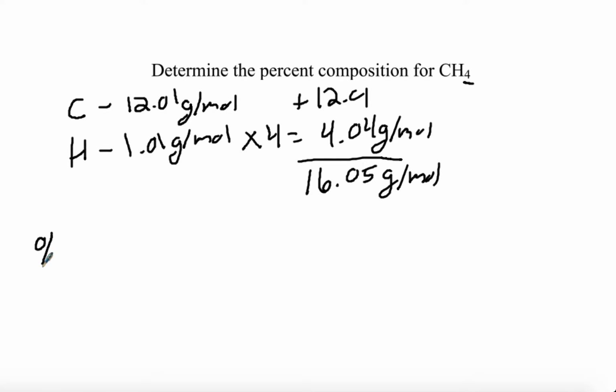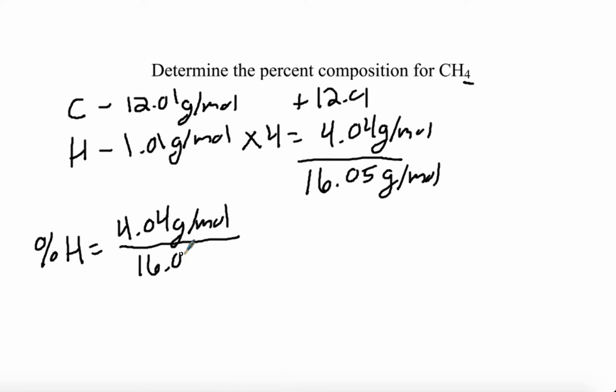So if I'm going to determine the percent composition of hydrogen, this is going to equal the mass of hydrogen over the total mass. Hydrogen is not making up just 1 gram of methane, it's making up 4 grams of it. So we've got 4.04 grams per mole, and we're going to divide that by the total. So the percent composition of hydrogen is 4.04 divided by 16.05, and then we multiply that by 100, and we get that it's